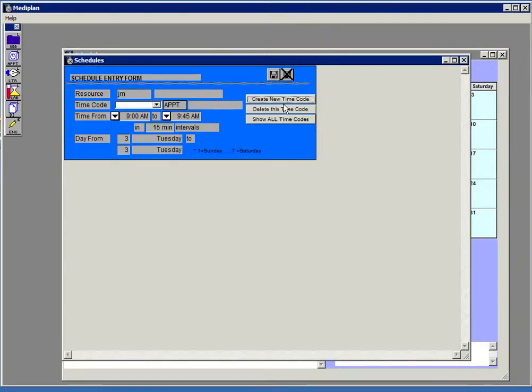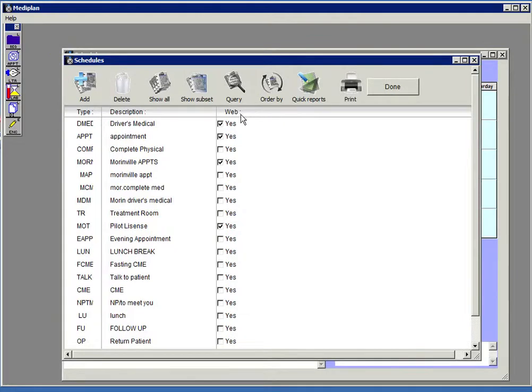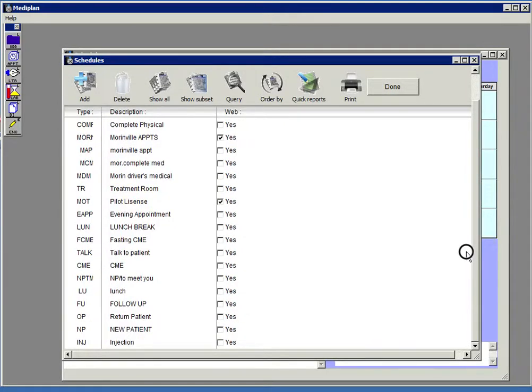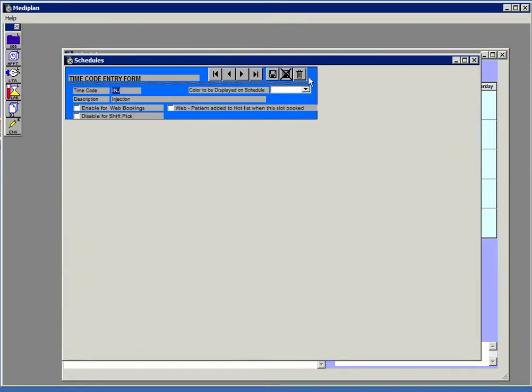and saving. I can also go under show all time codes. It'll show me all of the time codes that I currently have. You can apply a color to show up on the side of the schedule. So for example, for injections, I can make them light green, and I'll show you how that looks in the